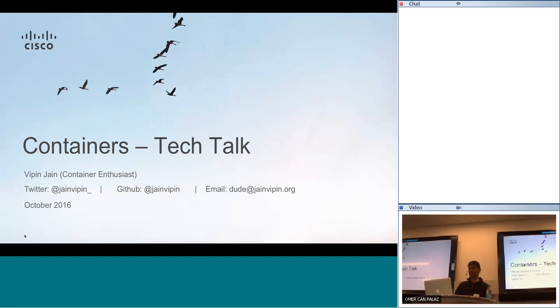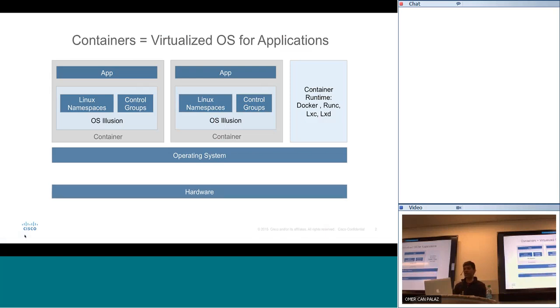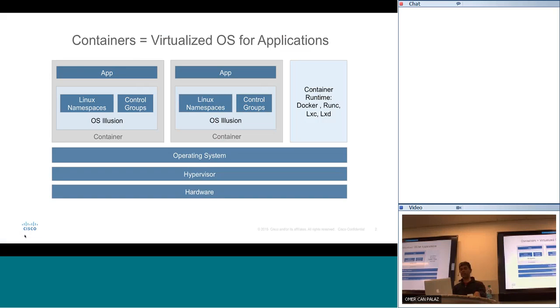Again, I'll just zoom through slides, so we just revise what we talked about in a couple of minutes. My name is Vipin. So containers, we talked, is a virtualization for operating system, which means you share the operating system between various applications that are containers. We said that it is applicable whether containers are running inside a VM or on bare metal. It doesn't change the fact that we are virtualizing an operating system here.